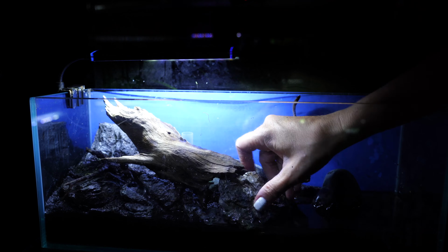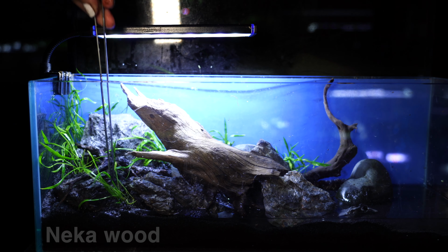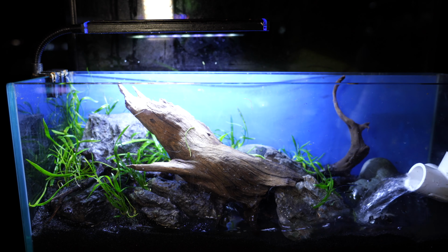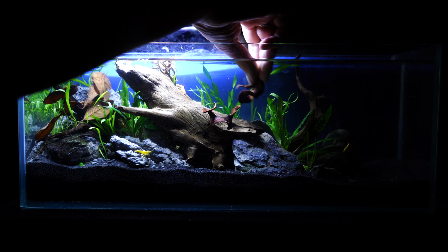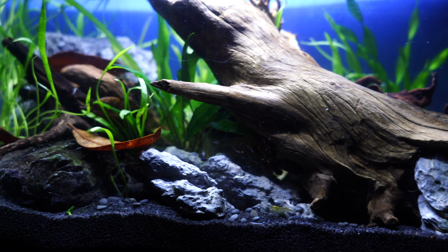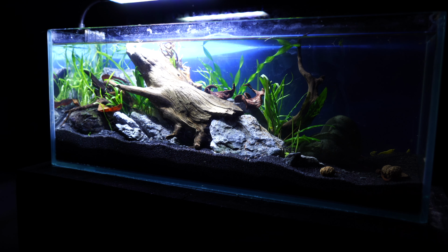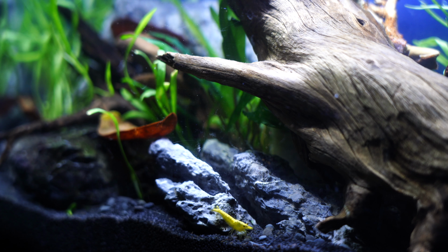like I did. This one I got at Chicago Aquashella, I believe, from Flip Aquatics, and loved it so much. The little tank that I scaped there, I had purchased it myself, and so I took it back and I wanted to recreate it in one of my bookshelf tanks for my yellow shrimp that I love very, very much. But it's really fun. It's up to you if you want to have any of it coming out of the